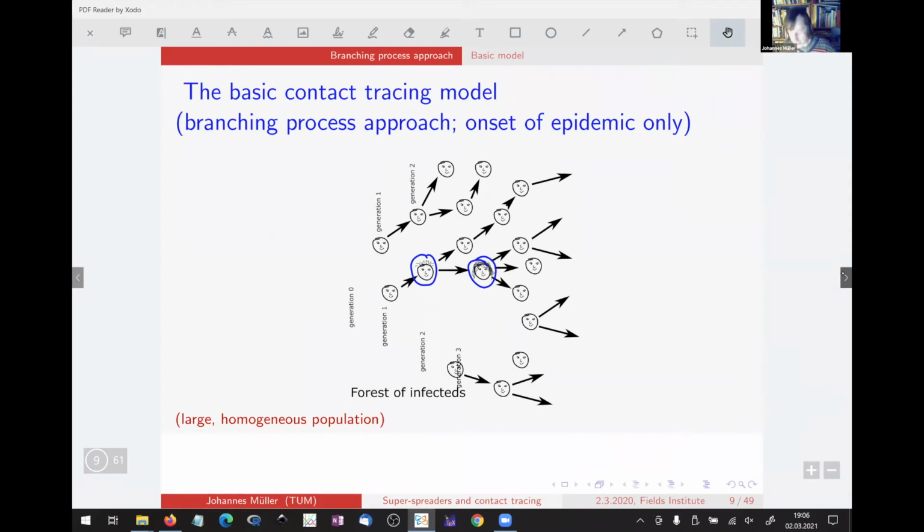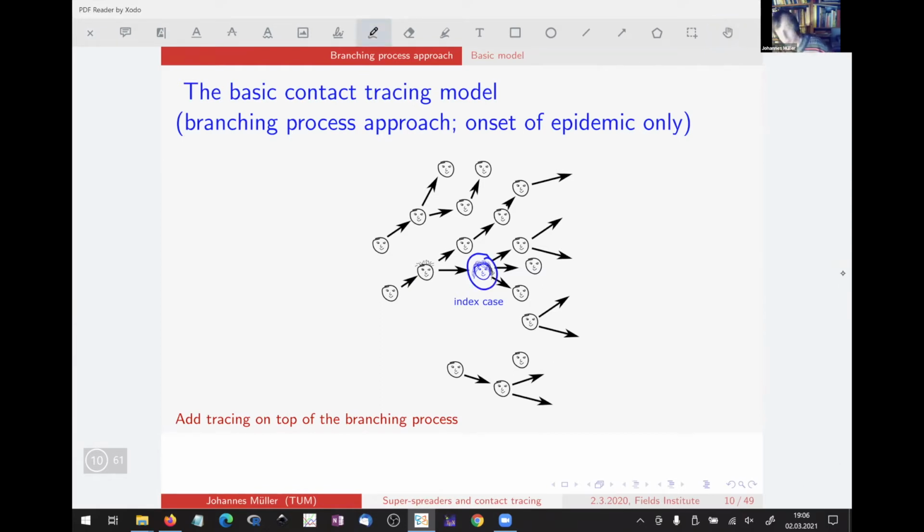On top of this process, now we introduce contact tracing. Some person, in this case Heidi, feels sick and visits the doctor. The doctor says, yes, Heidi, you're really infected. Tell me with whom you had contact in the recent time. Each person who had contact has a certain probability p to be named by Heidi, the index case. In a certain realization, she will name a few persons. For sure, she will name her friend Maxi, the infector of Heidi, but also two other infectees. But this infectee is just missed in this realization.